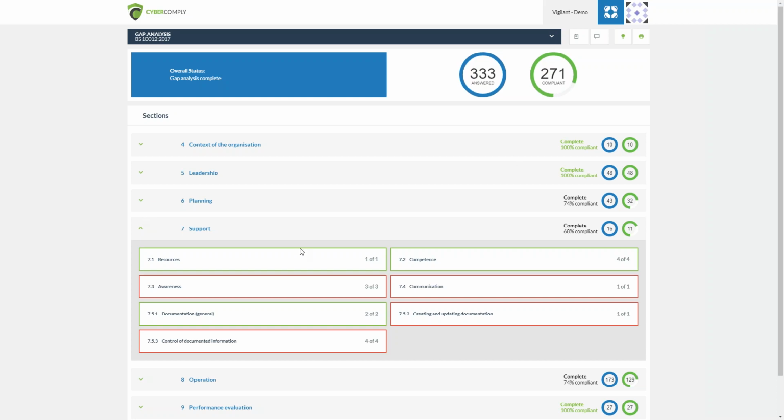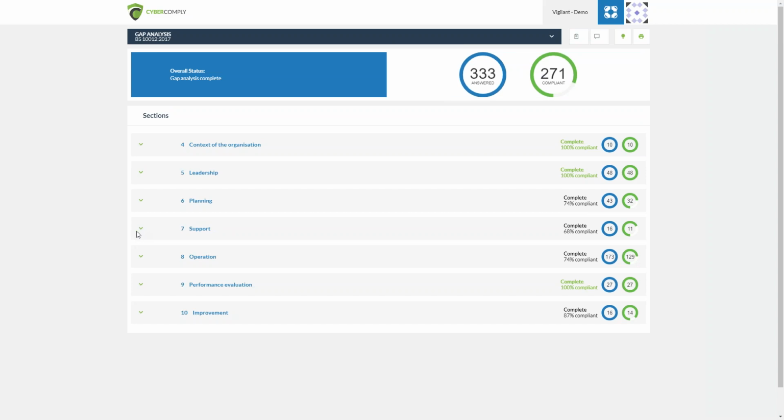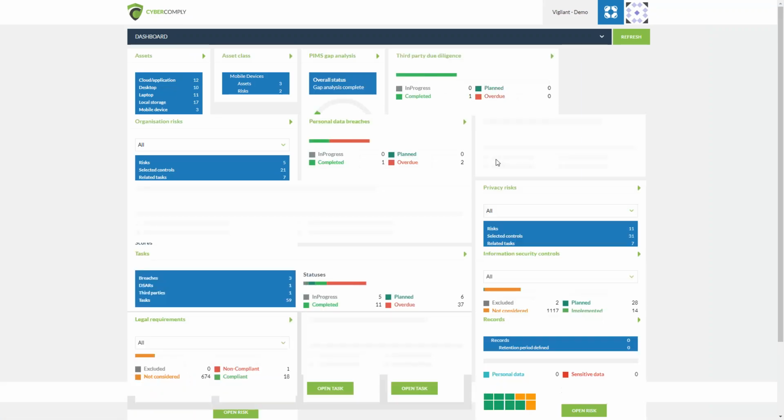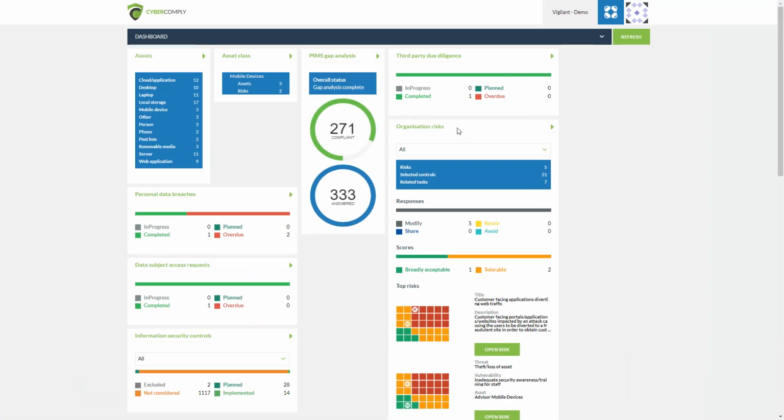documented information as well. As you go through, obviously the compliant bar should come to a complete, but it is always still worth adding tasks in here to maybe revisit it at a later point to also make sure that the gaps are still as they should be, or ideally there shouldn't be any at all once you've put the remediation work in. So from here, we're going to return back to the dashboard and ultimately see our project in